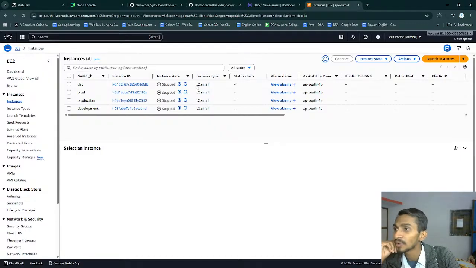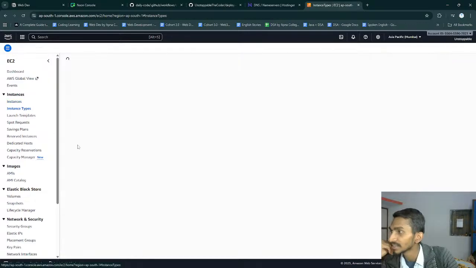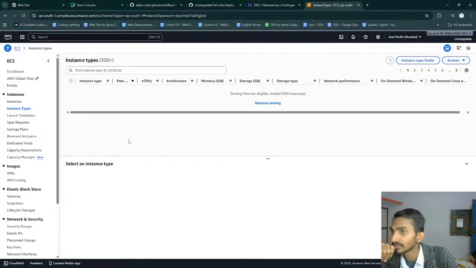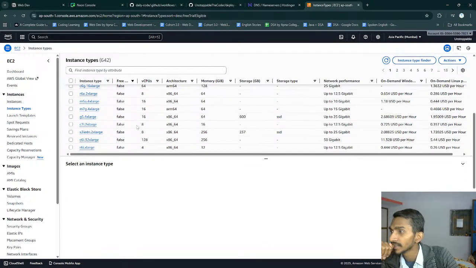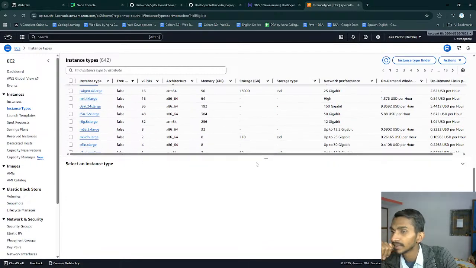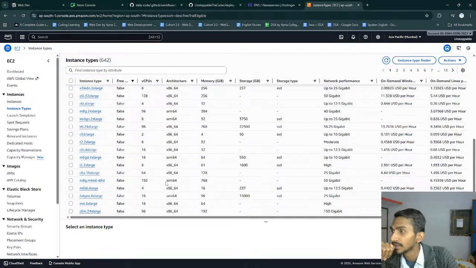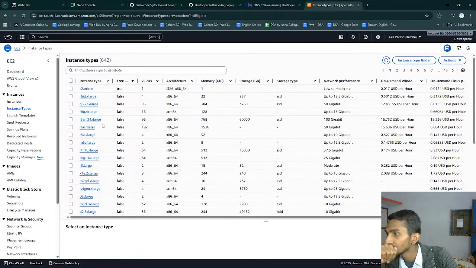Then about instance types, so these are the instance types that we have. And in here, we have T2 small, T2 micro is freely eligible.